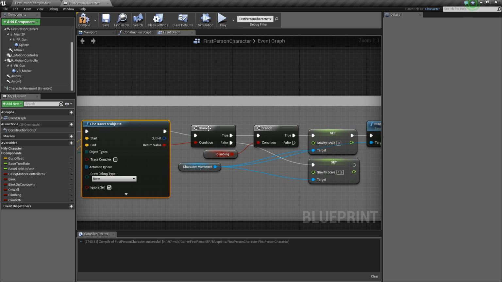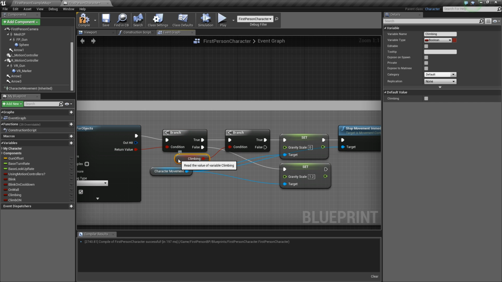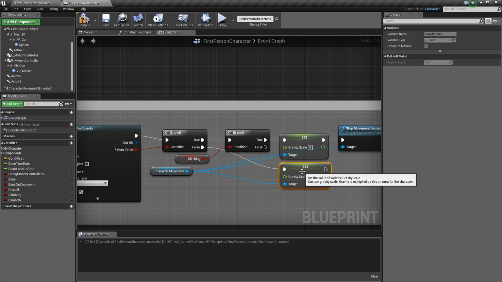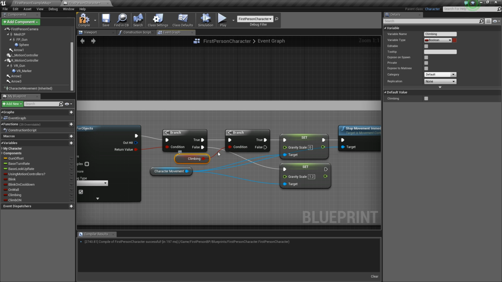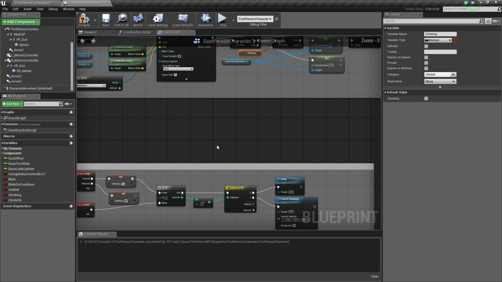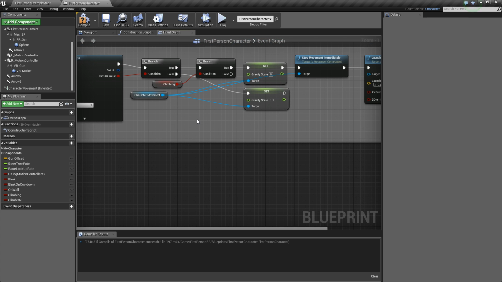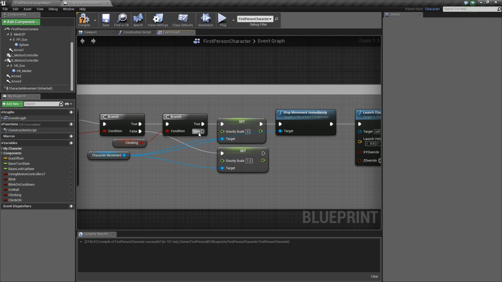This then goes out and goes to a branch with the return value to see if you're touching a world static. If you are touching a world static, then it'll go to this branch. If you're not, it sets the gravity to the normal scale. Now, if you are touching a world static, it'll set climbing to true. And if you are climbing, so if you have jumped, which is this part right here, then what will happen is